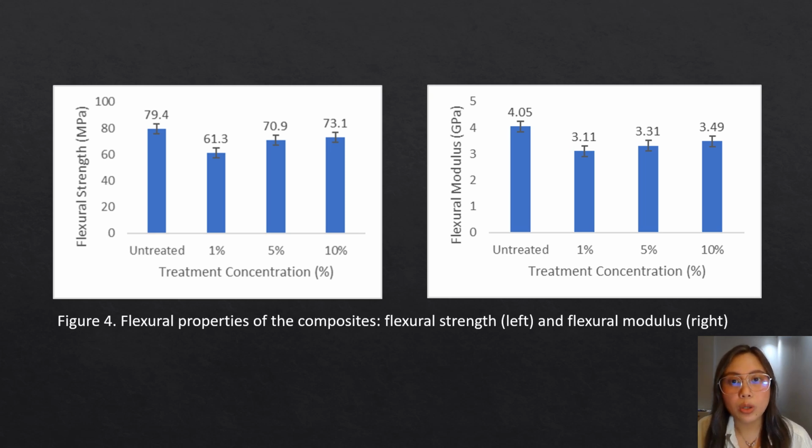It can be seen that 1% has more amorphous phase than 5%, but the flexural properties are low due to the synergistic effect. In terms of consistency in removing the hemicellulose and lignin amorphous phases, 5% has the highest tensile strength and modulus because, based on the tensile test, the surface functional group of the treated fiber plays a role in resisting the pulling force applied.